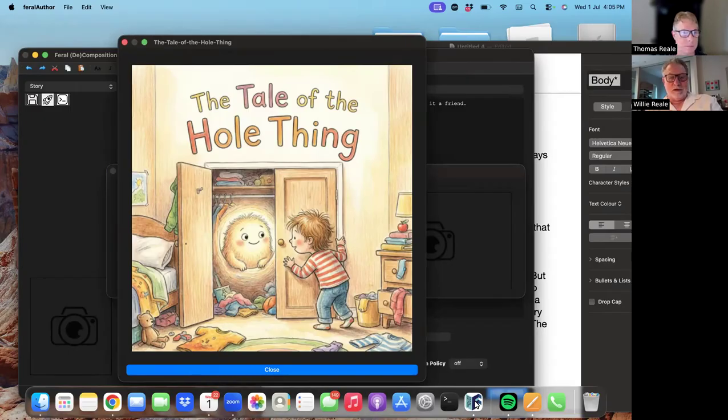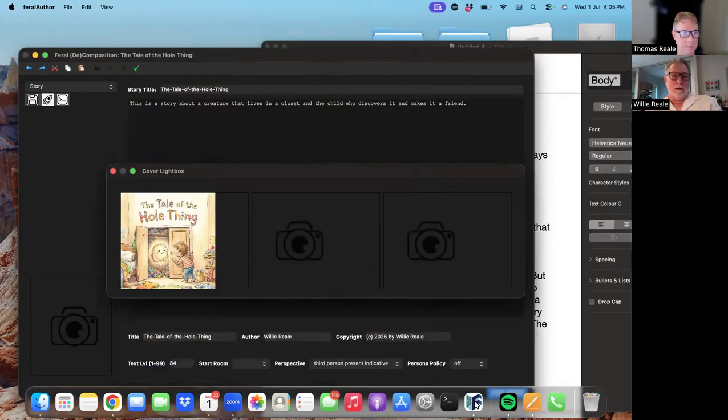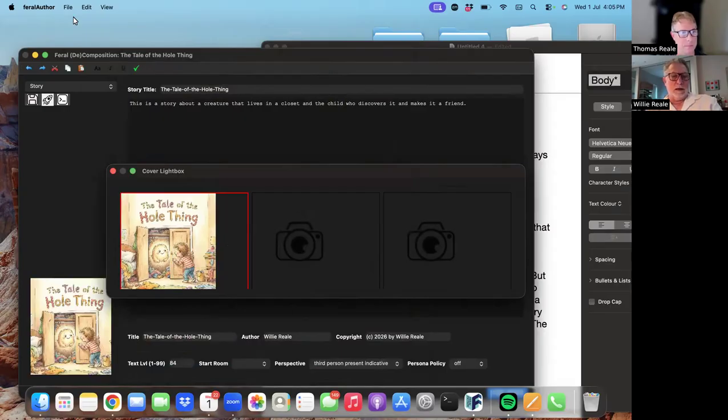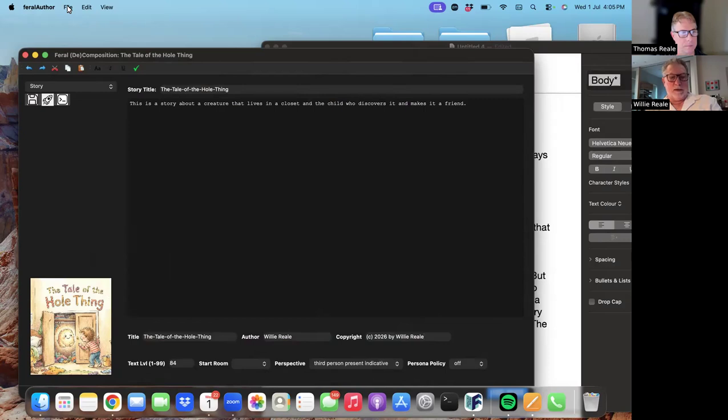So we're going to close this down, and then I'm going to double click on that image, go down to the selection, make reference, select it, and click it. Now that story cover appears on our story. Cool. This is a kid's story, and we're going to use this as a literacy tool. So we're going to try to get the text level down to a level where kids can read